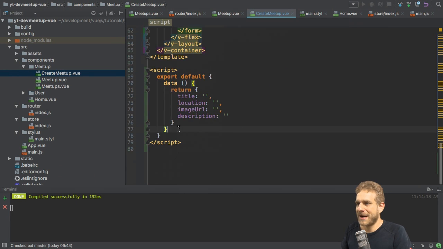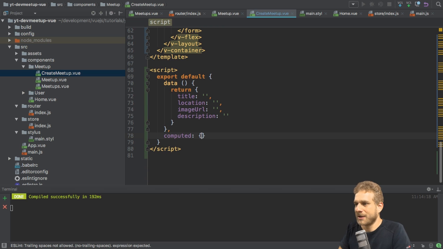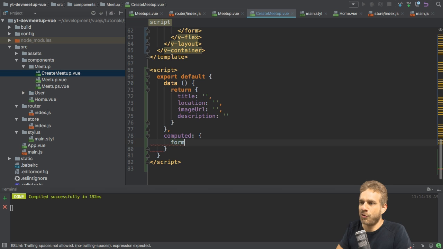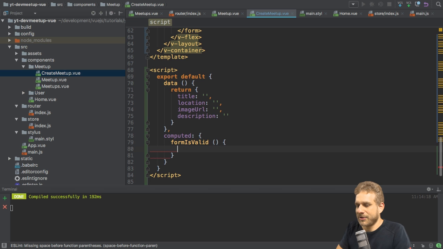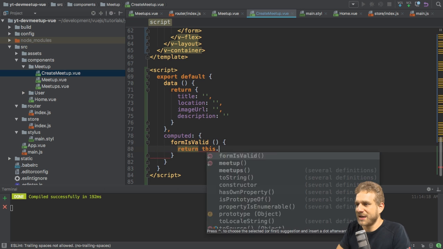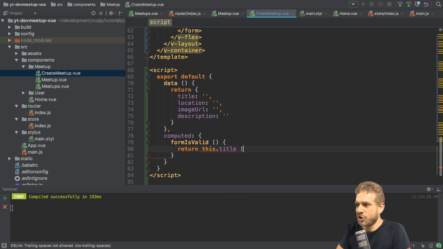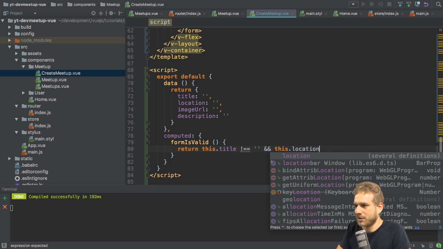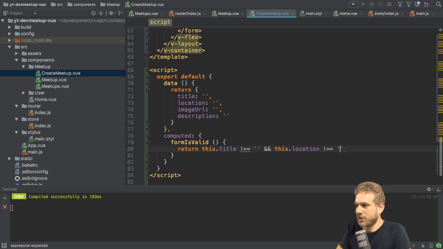For that, I'll go back to my JavaScript object here and add a computed property to that component instance. I'll add a formIsValid computed property here. Now here, I want to return if this title is not equal to an empty string and this location is not equal to an empty string. So basically that all of them are